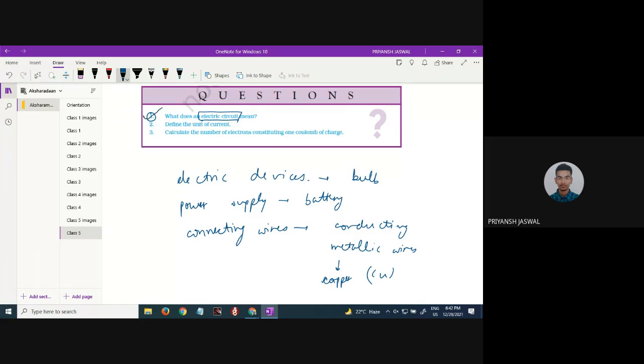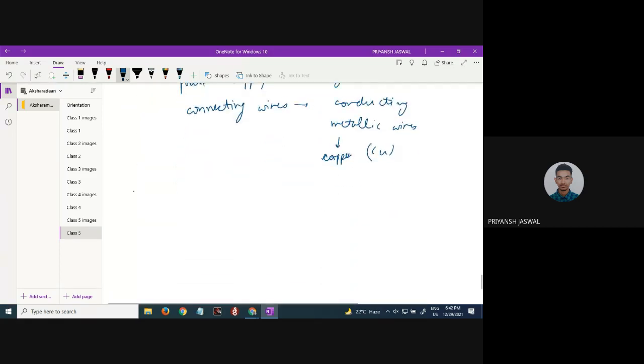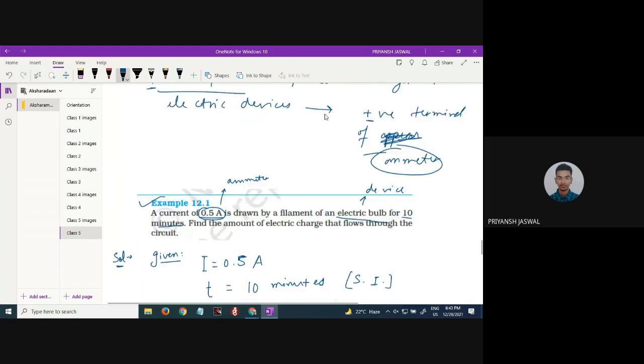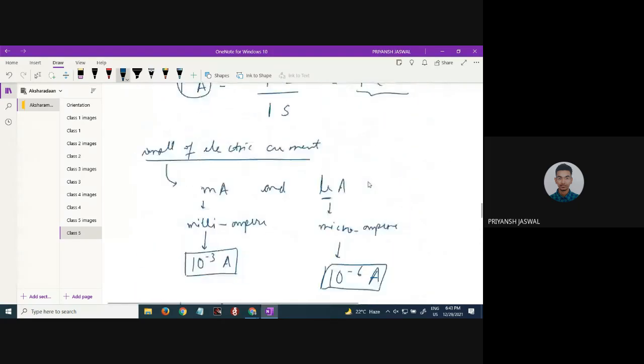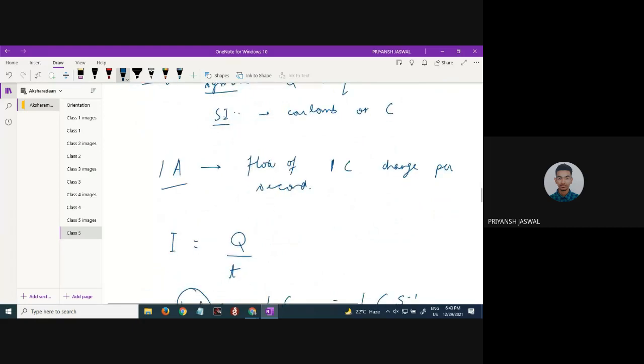Second question is, define the unit of current. It is ampere. We already defined it. The 1 ampere is the,